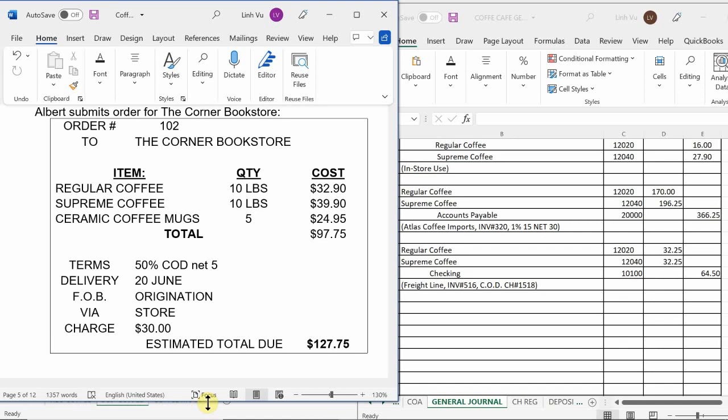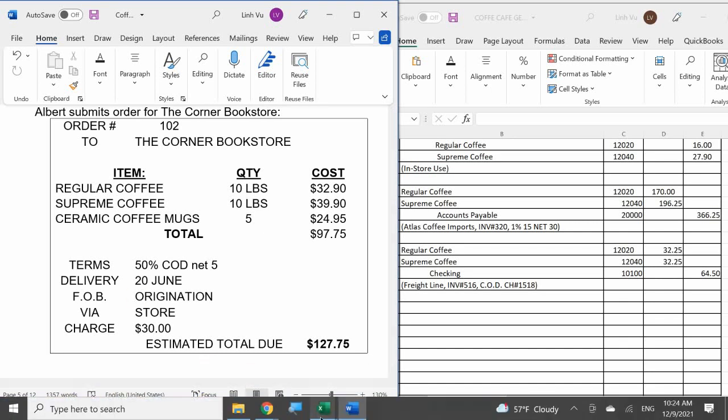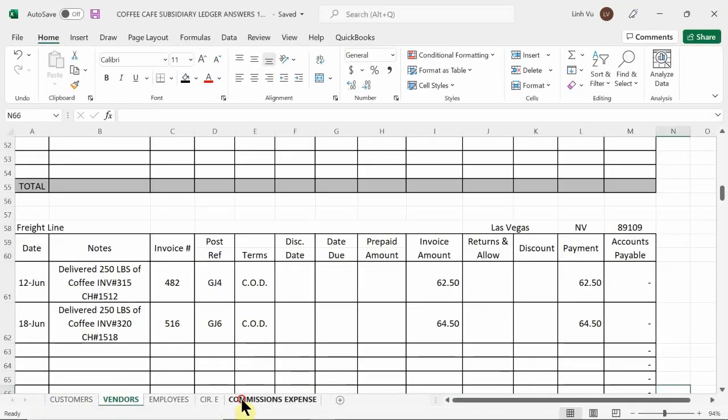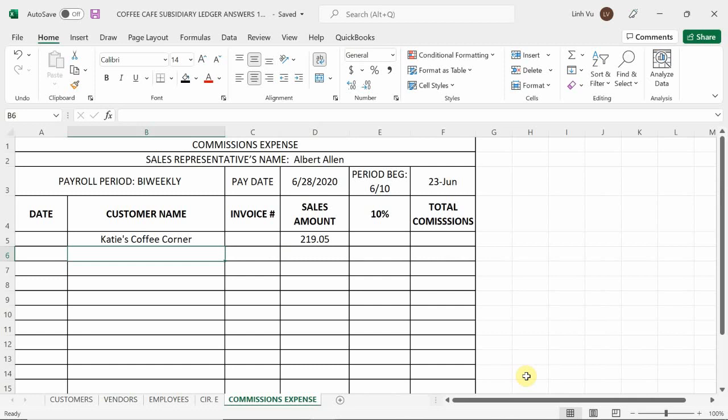Okay, now you said this is a sales. Did I sell these items? No. Okay, when will I be selling these items to them? On the 20th, right? It's still only the 18th. So in this case, this is just a sales order. But yes, you do need to update this into the commissions because it's a potential order that Albert can receive, right? So in this case, the corner bookstore